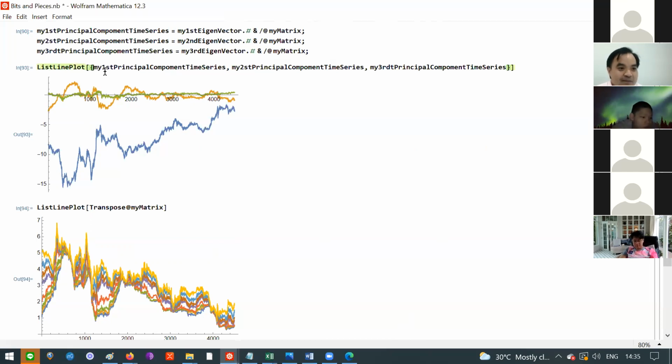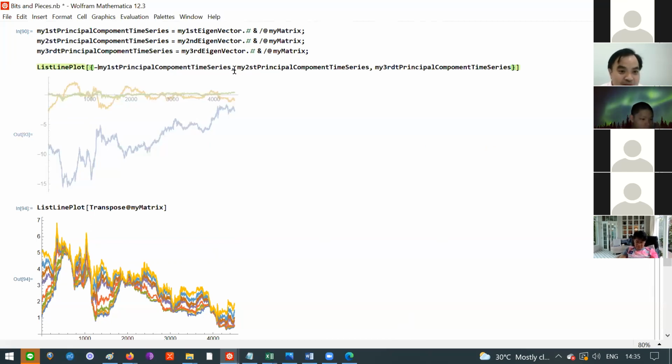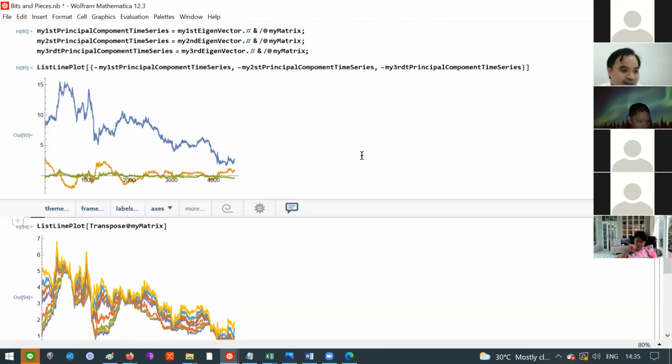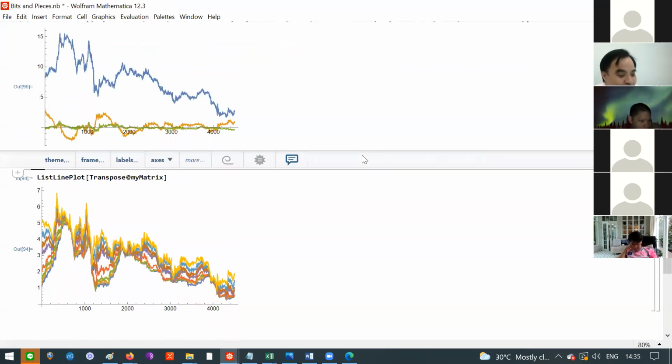Well, actually, let me do this. Just put the minus sign in front of it. Now, forget what I did, the minus sign. It just happened to be some technicality. Now, are you seeing anything? So this is all the interest rate movement together. I make the summary into a principal component and look at the first component. The first component captures most of the movement,